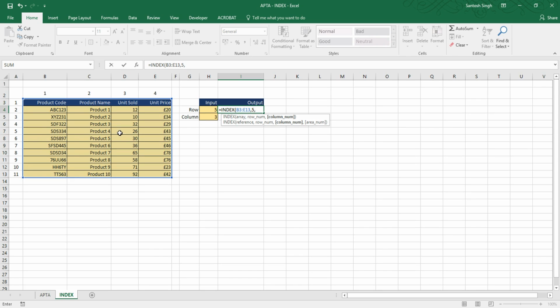Now we need to specify the column from which it has to pick up the value, and we are interested in unit sold, and unit sold is in the 3rd column. The first column is product code, the second column is product name, and the 3rd column is unit sold. So we need to say 3 as the column reference, and then we close the bracket,